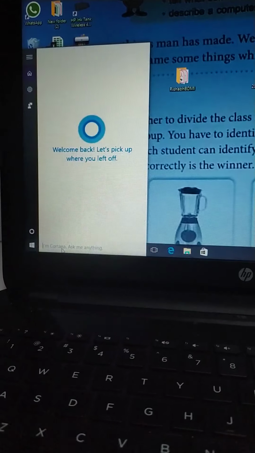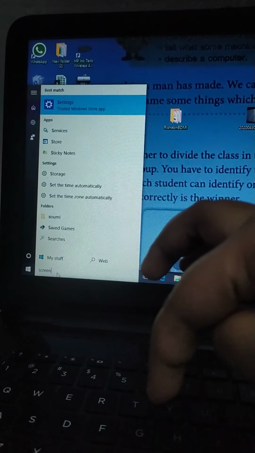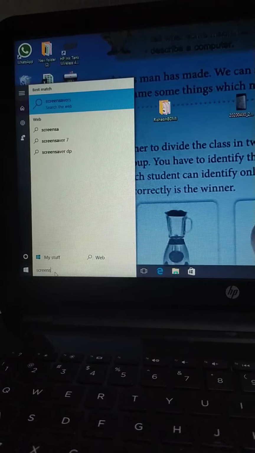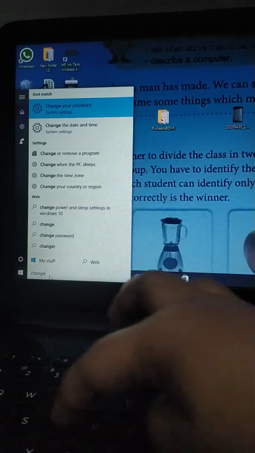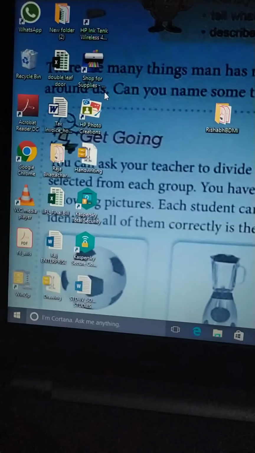Now showing how to change the screensaver. Click over here, write screen saver. Change screen saver. See, one option is there. Click on it.